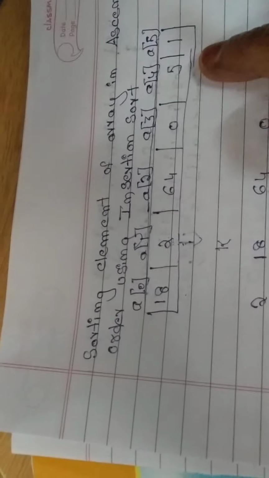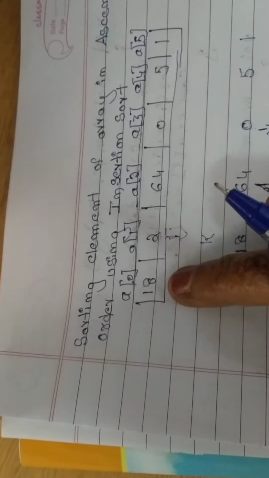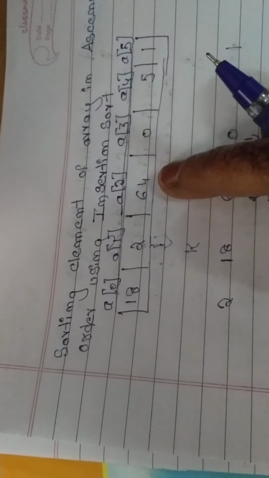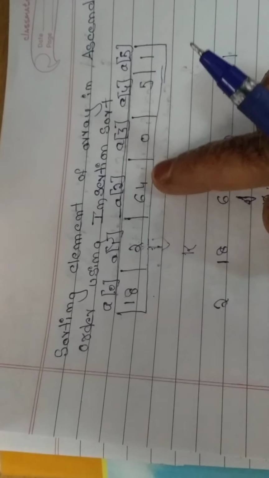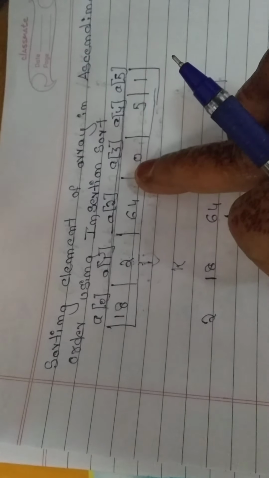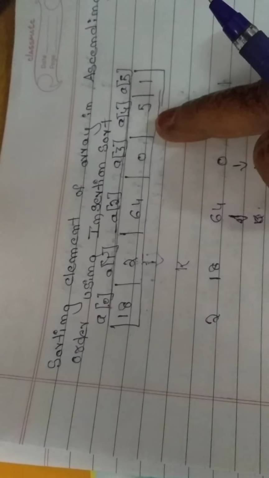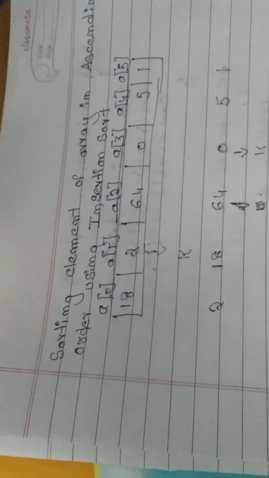Once again I am telling you here. These are the elements here. First we will take it as the key element. Compare the key element with the previous. If it is less value, it will come here. Greater value will go here. Now this one will compare with all the previous values and arrange in ascending order. This value compare with all the values, arrange till here in ascending order. This value compare with all the values backward and arrange in ascending order. Compare with all the values. If it is less value, arrange in ascending order. Now we are going to see the program.